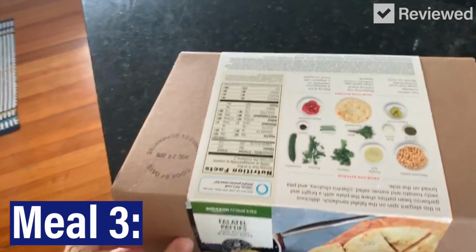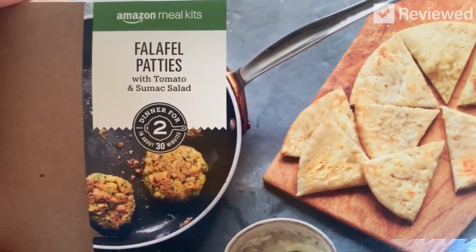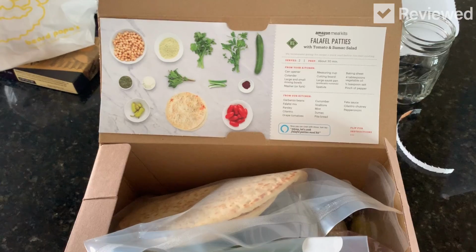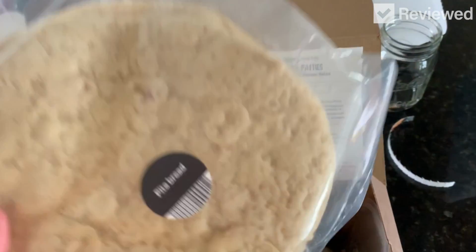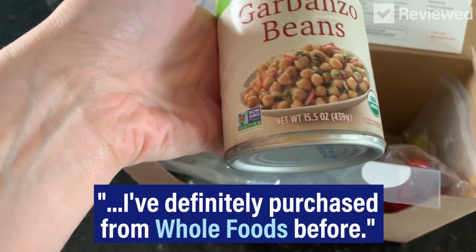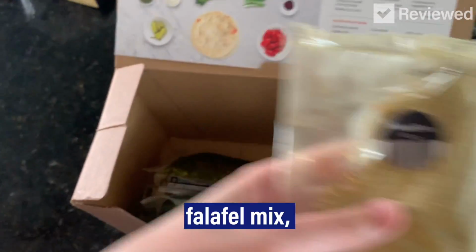Day 3 is here. I'm doing this for lunch because I'm home working and falafel feels more like a lunch than a dinner. So let's see how this goes. We've got some pita, a can of garbanzo beans, which I've definitely purchased from Whole Foods before, little scallion, falafel mix,